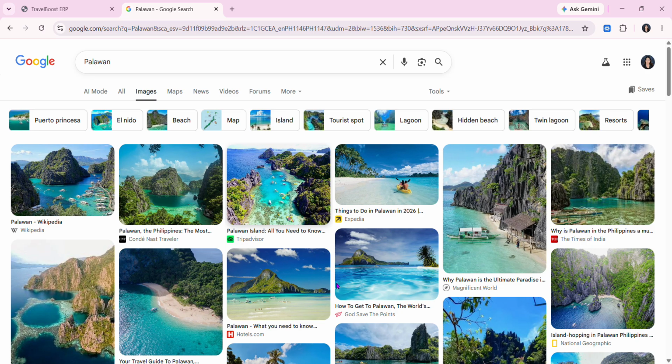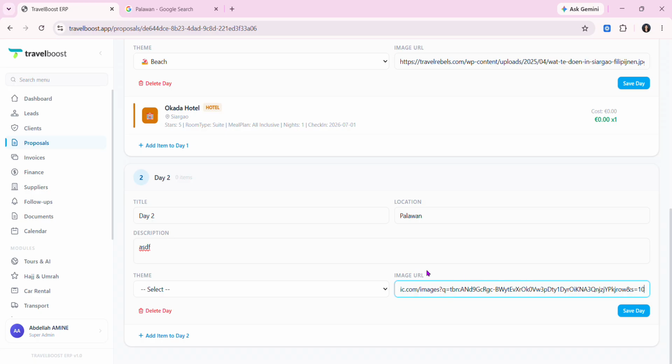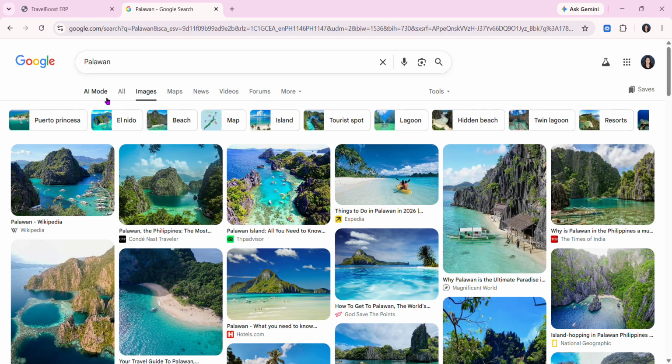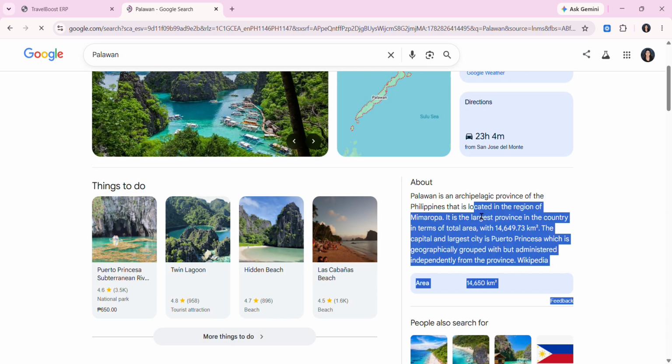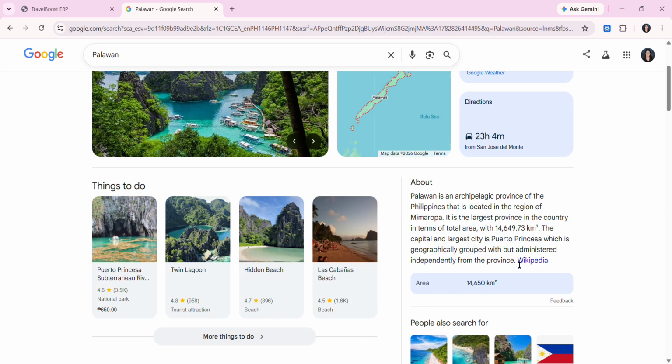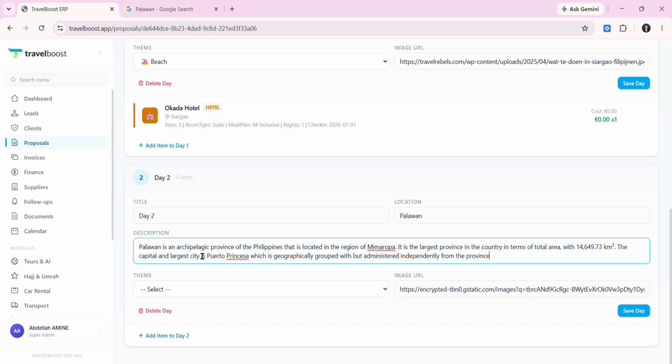Let's choose this one, copy image address. Have that. And then for the description, this one is just for example.